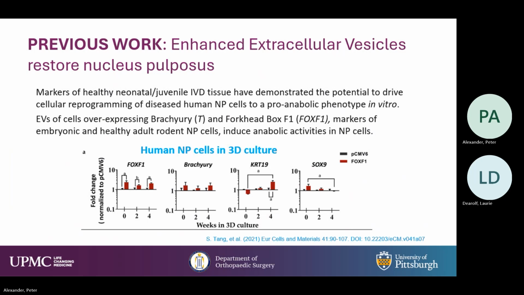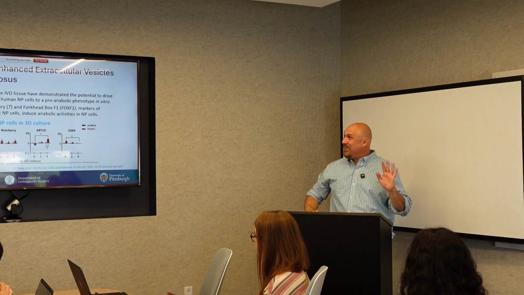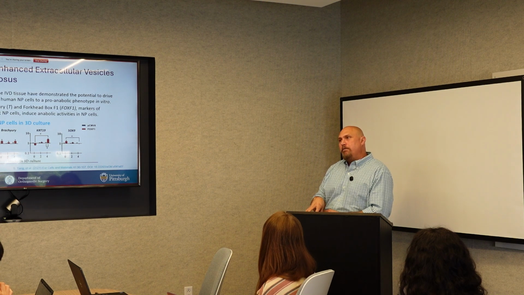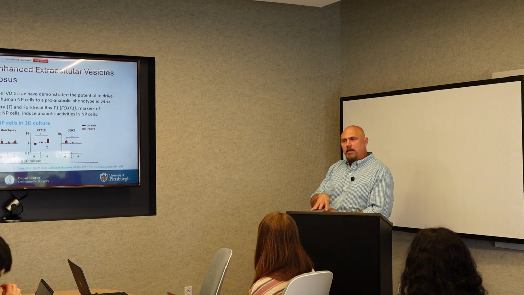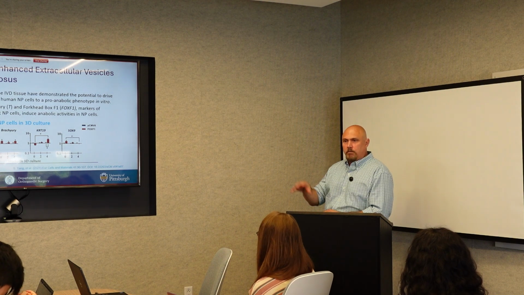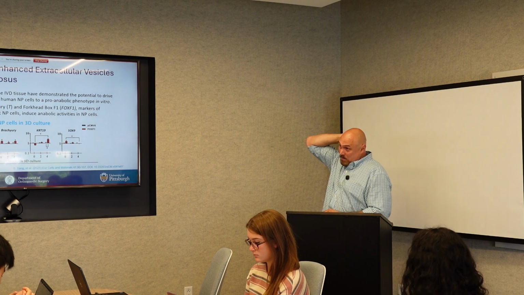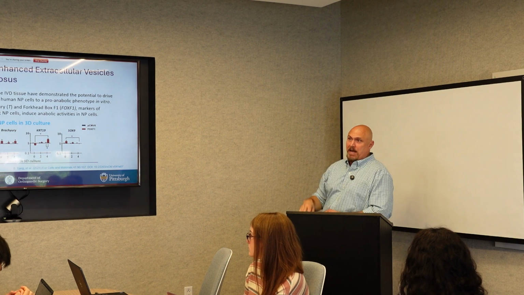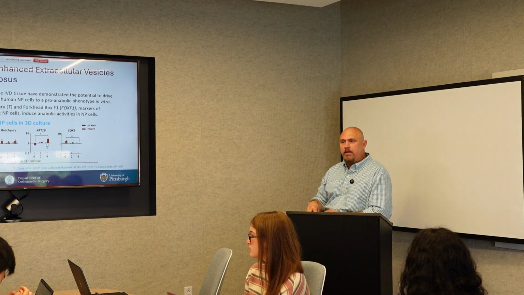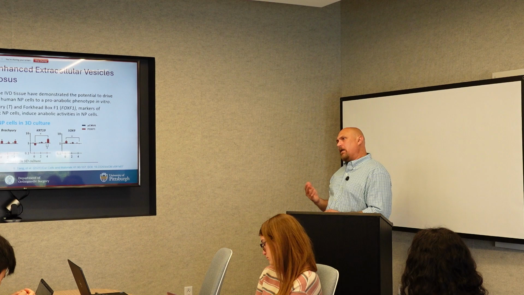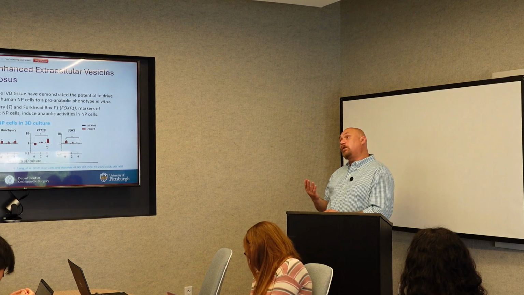So a stem cell, I should have had probably a slide about this. Stem cells are cells defined by the ability to self-renew while also providing a group of cells that can become differentiated tissues. And you have different levels. You can have a unipotent cell, for example, that exists in your skin that gives rise to the keratinized cells that are your skin. You can have stem cells that give rise to all the cells of a certain germ